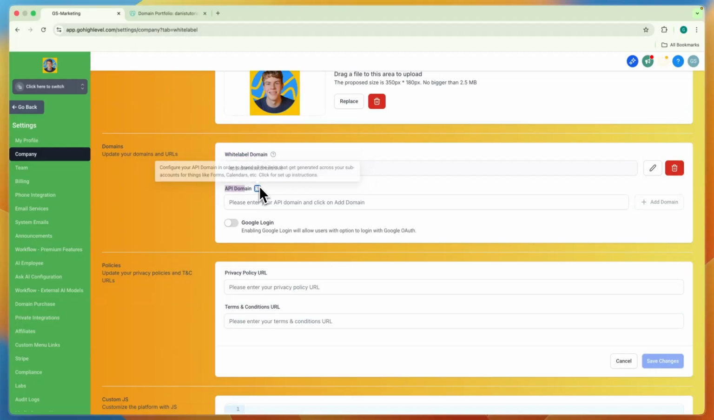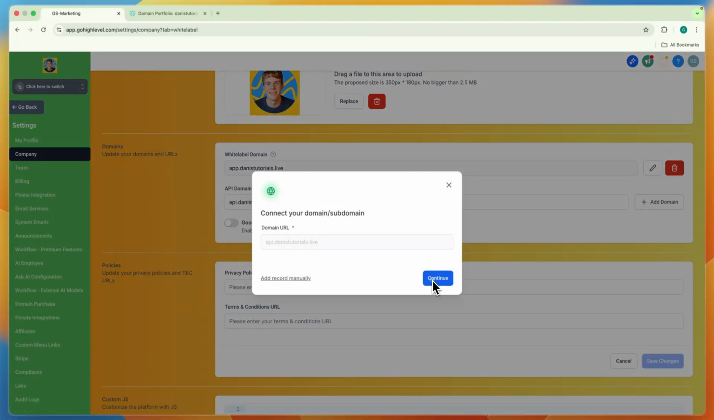Now the API domain, as you can see here, configure your API domain in order to brand all the links that get generated across your sub-accounts for things like forms, calendars, etc. So basically, if you're going to resell this to clients or give clients access under your own domain, you don't want them to click on a form and see GoHighLevel as the domain. So in that case, what you want to do here is, for example, just do API.yourdomain or whatever other subdomain you want to use for this, then click add domain, and the steps are the